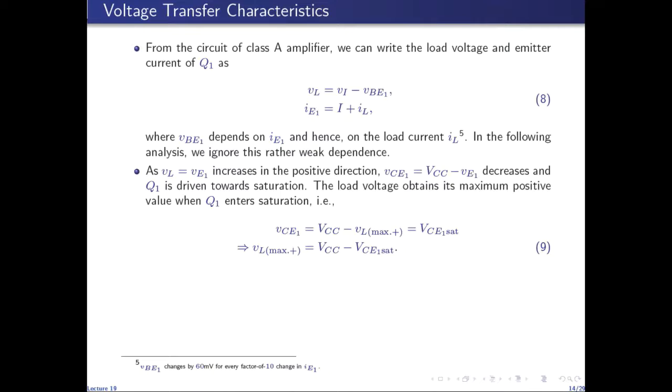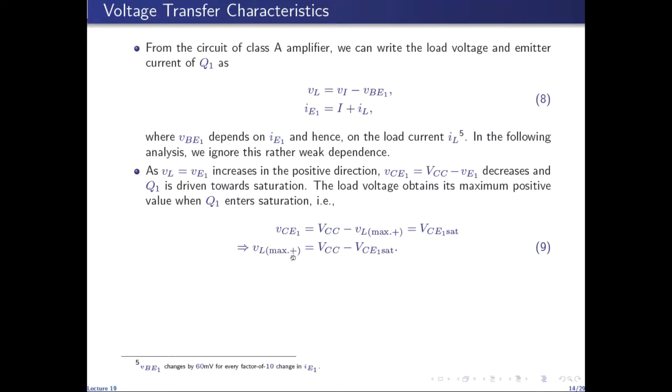And the maximum load voltage, the maximum value that the load voltage will obtain, will occur when Q1 enters saturation. So under this condition, I choose to denote VL with VL maximum positive. So the maximum value of the load voltage occurs when Q1 enters saturation. That is VCE1 equals VCE1 sat. So VCE1 is in turn equal to VCC minus VL, which under this condition has been represented as VL maximum